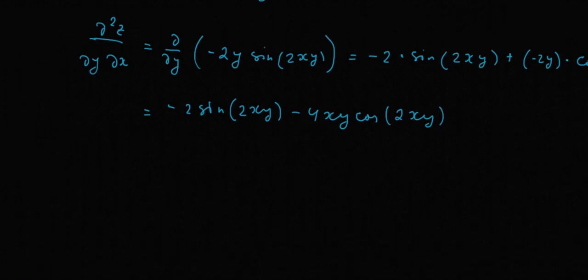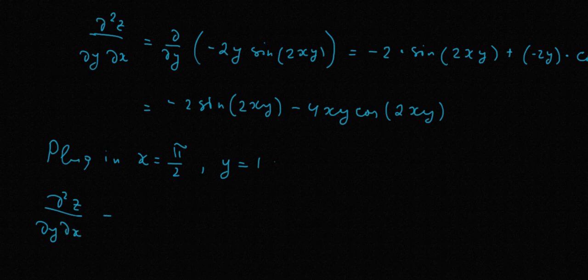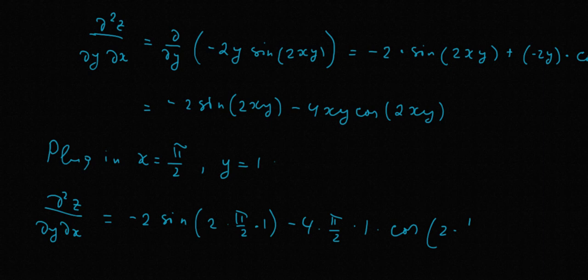Now we need to plug in our point. So plug in x equals pi over 2 and y equals 1, and that's going to give us the second derivative of z with respect to y and with respect to x equals -2 sine of 2 times pi over 2 times 1 minus 4 times pi over 2 times 1 times cosine of 2 times pi over 2 times 1,